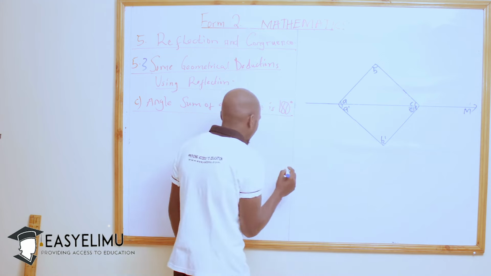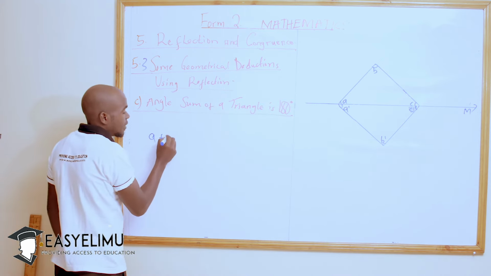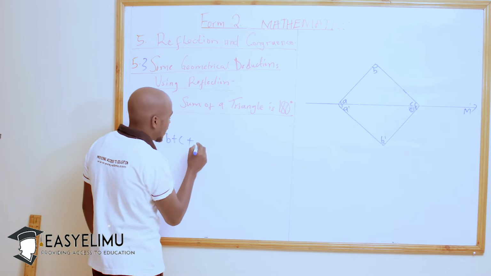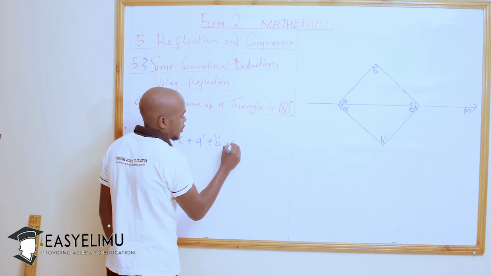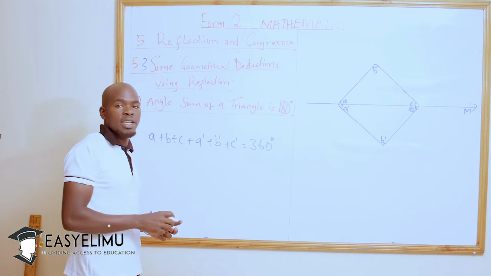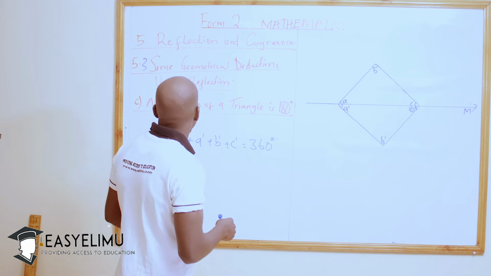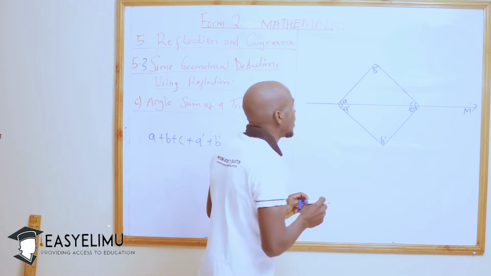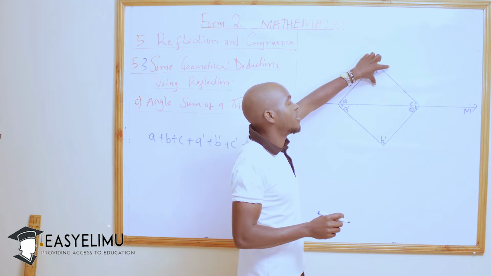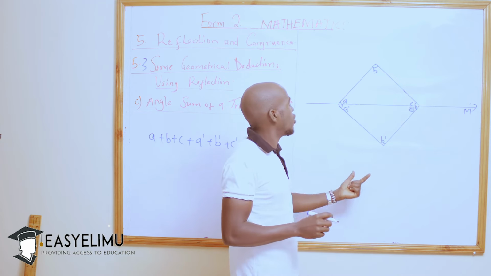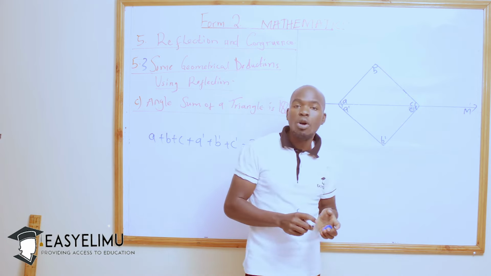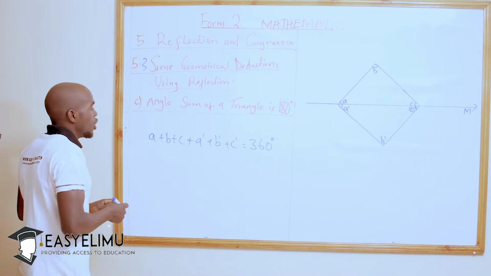So that implies that if we take A plus B plus C, and we add to that angle A prime plus B prime plus C prime, we should get 360 degrees. And we have said that indeed A, B, C of the object triangle are the same angles as the image triangle, A prime, B prime, C prime. So the primes will not interfere. So if we add,